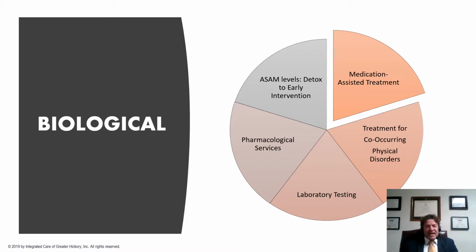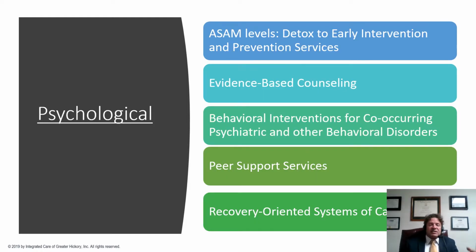And we'll end with the ASAM levels of care. So when we look at placing people medically, it may be severe, where there are opiates along with alcohol and Xanax, and they may need medical detox. Or maybe you can induce onto the medication, buprenorphine, in an outpatient setting. Or maybe it's very early on and medication is not absolutely necessary, and you might have basic outpatient counseling services with medical supervision, no medication prescribed. And so these ASAM levels not only match medical interventions, but they also match the psychological intervention.